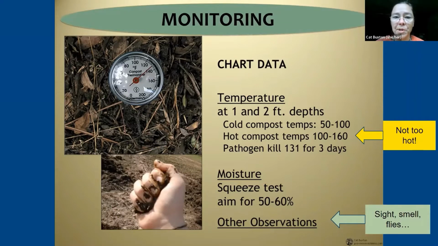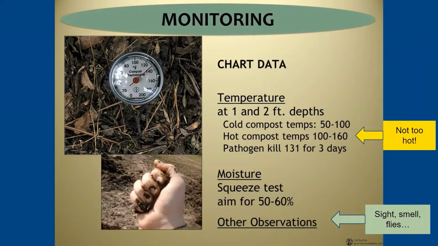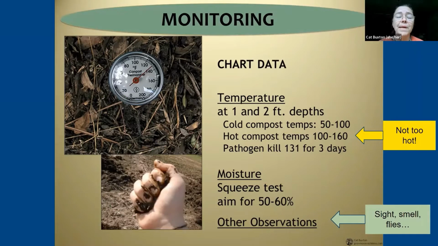In the ways to monitor moisture, you can get a fancy little tool, I can't remember what it's called, that measures moisture with a little needle, just like a thermometer does. But you can also just do a squeeze test. For all of our farmers, we have that information in your folders. And we're happy to share how to do a squeeze test with anybody. Maybe we can bring that up in the Q&A.